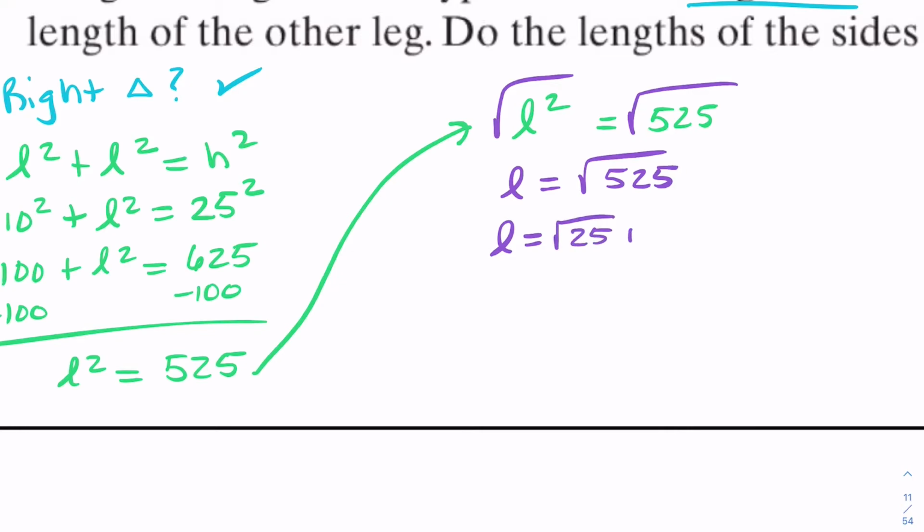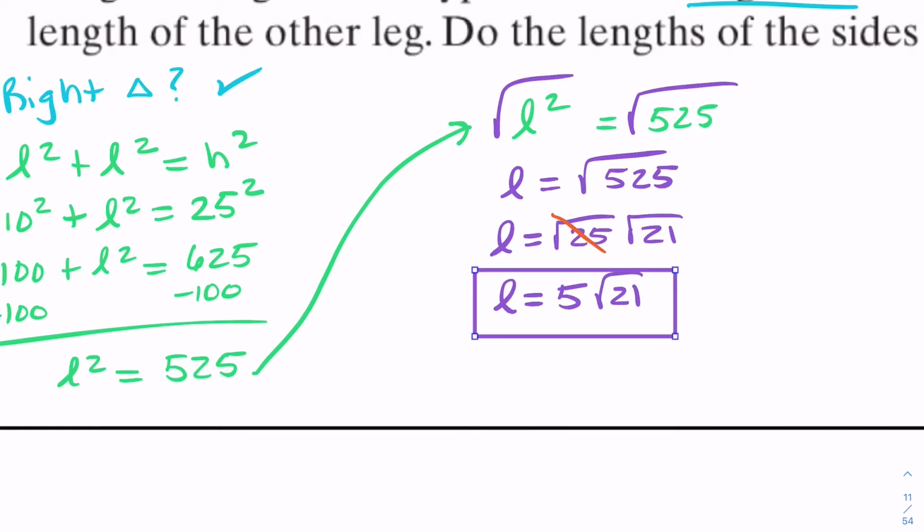So I'm just breaking it down a little bit here. And I'm going to get rid of that and say leg is equal to 5 square root of 21. The square root of 25 is 5. Don't leave the radical sign. Some students leave this radical. They say, oh, the square root of 25 is the square root of 5. No, the square root of 25 becomes 5, and that's it. So we have 5 square roots of 21. And so in this case, the answer is